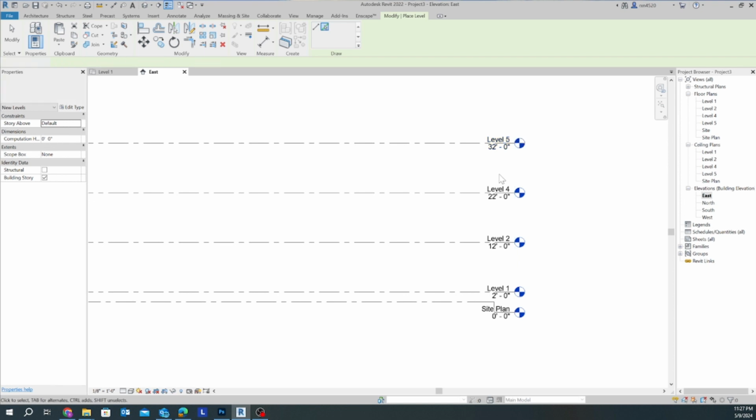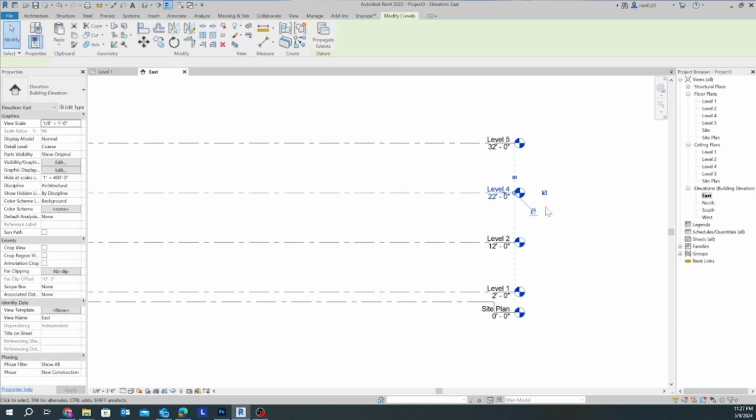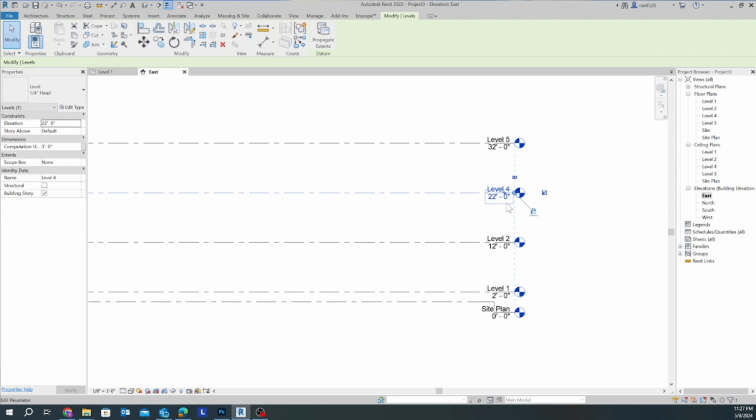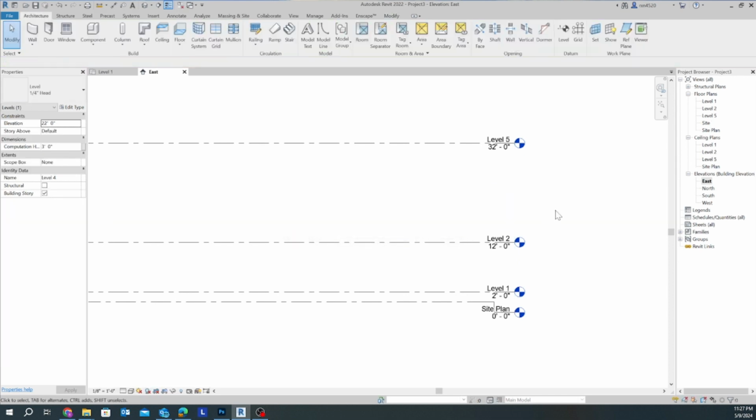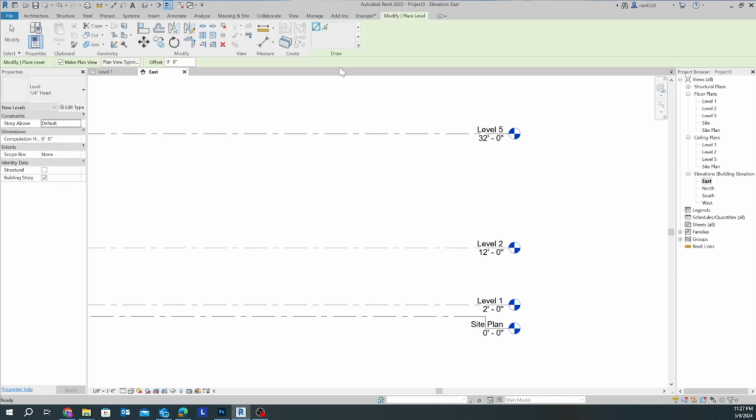So for example, at times what happens is that you mistakenly delete one of your levels. So for example, I'm going to delete level 4. So as you can see over here, in the floor plans, we have level 1, level 2 and level 5. All right, you don't have this 4th floor. Okay, so what we're going to do is I'm going to create one